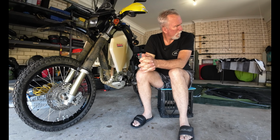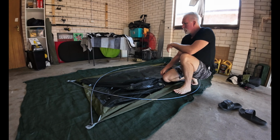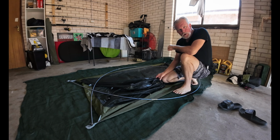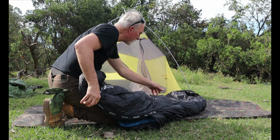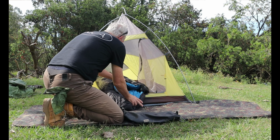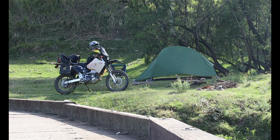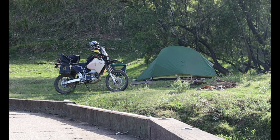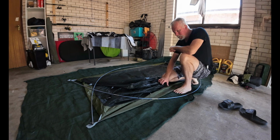I guess first thing we can look at, we might look at the old tent, the new tent. So my other tent is a Nature Hike, which I've been using for a while, which is a sort of a front entry tent, which is fine if that's what you like. It's usable, it's comfortable, but getting in and out's a bit of a drama, bit of a hassle for me, and you also probably lose a bit of the view. Whereas this tent, this is the Denali